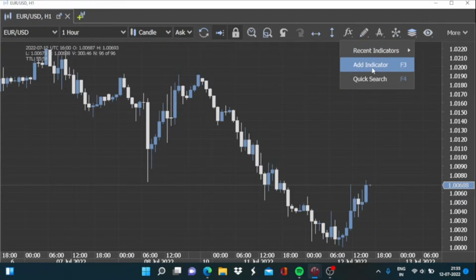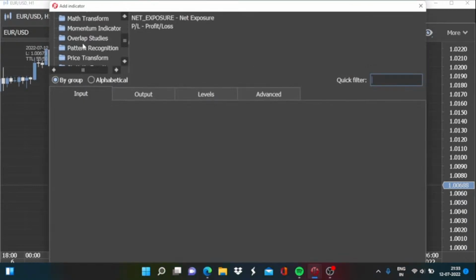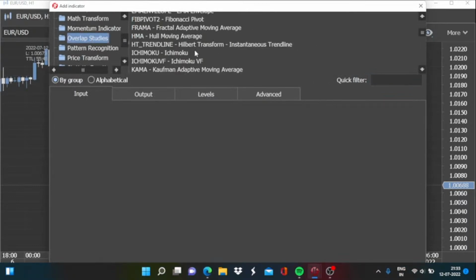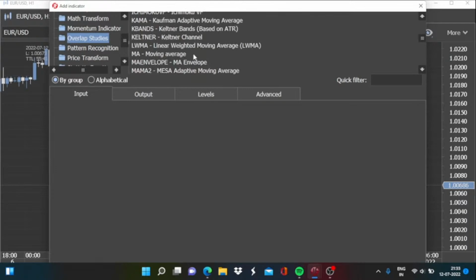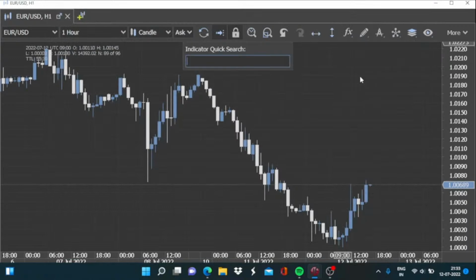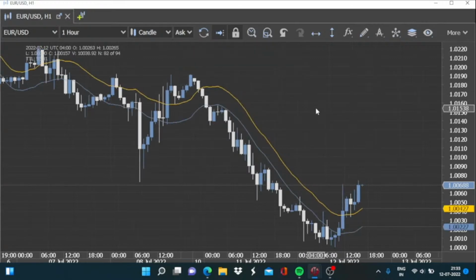and there are two ways to find these MA envelopes. You can do a quick search, you can go to the list also, and you will find these listed amongst these overlap studies. Here it is, MA envelopes. Otherwise you don't really need to do all that work. Simply type in MA and envelopes, and there it is. All right, so we have this